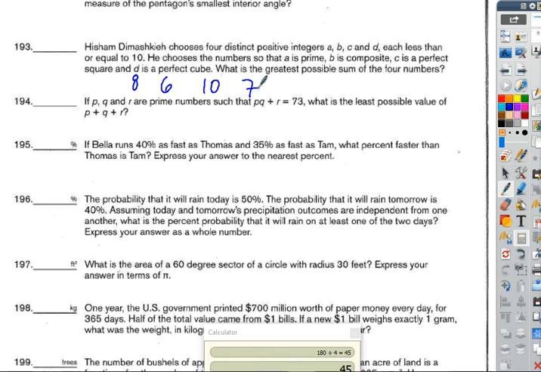so you choose a number that is prime. The largest prime is 7. A composite, the largest composite is 10. C is a perfect square. I said perfect number. The largest perfect square in this case is 9. And so you just add them together. And you will get a grand total of 34. We did,